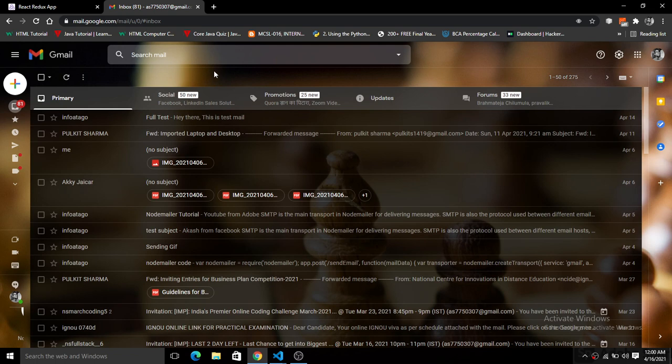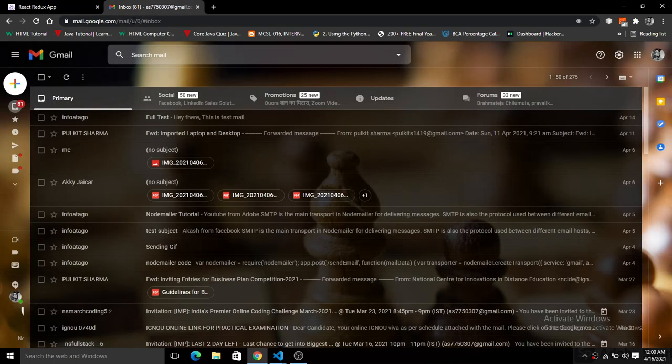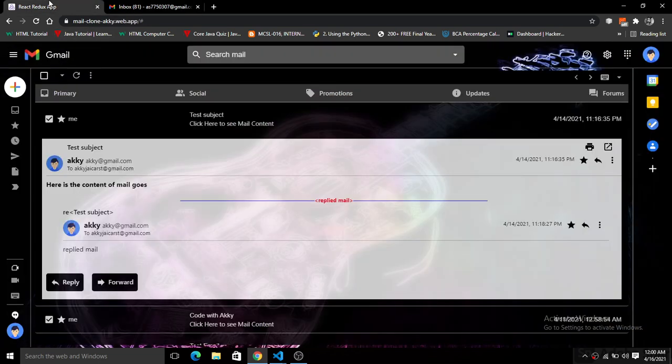This Gmail is the real Gmail, and this is the clone that we have built. You can see this is the exact UI, looking just like the real one. It is not pixel perfect, but it is looking just like this, as you can see on your screen.